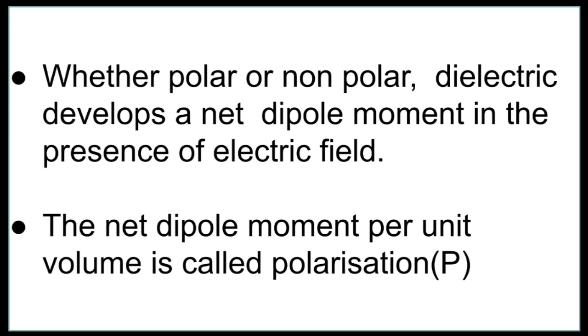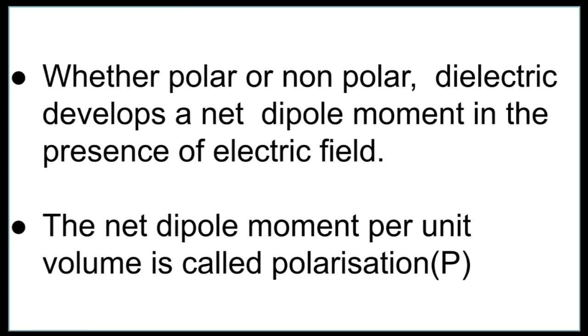We were using the word polarization from the beginning onwards. When a negative charge and positive charge get separated, we say it is polarized. But here we use the word polarization to denote a physical quantity. So here we have a new physical quantity which is called polarization. And what is that polarization? Net dipole moment per unit volume. It's not simply net dipole moment. Net dipole moment per unit volume is called the polarization.